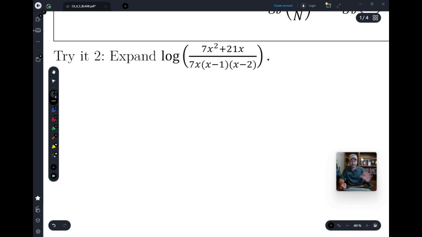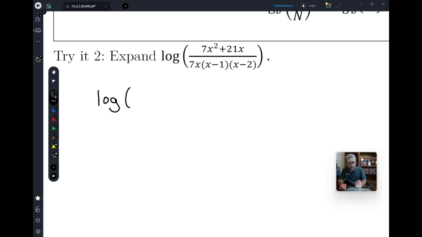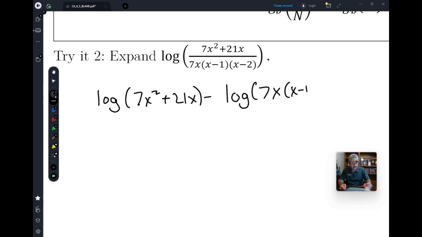So this one has a lot going on. We're going to try to get it all. We're going to expand it as much as possible. The first thing we're going to do is hit that division, though, because that division sign is touching literally every term. So the first thing I'm going to do is expand the log with division, and then we'll hit it with some multiplication. So log of 7x² plus 21x minus the bottom log of 7x times x minus 1 times